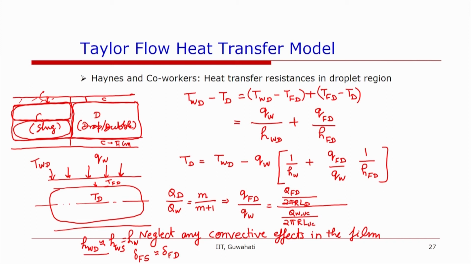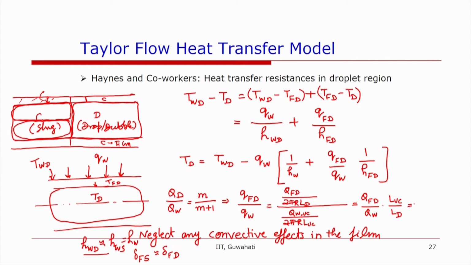So, 2 pi r will be cancelled out, and what we have is QFD over QW into LUC over LD,